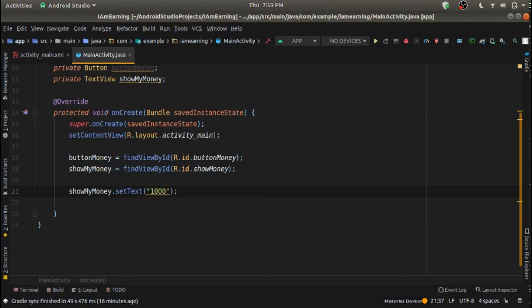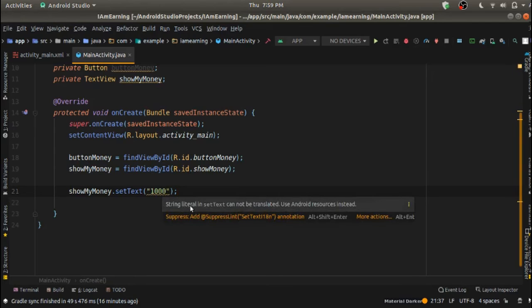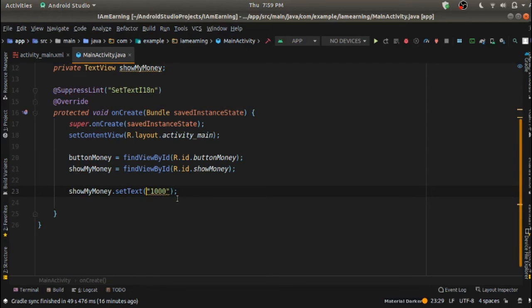Alright, that's enough for right now. If you have a problem, just do what I did: hover over that red line and resolve it. Let Android Studio resolve that. Okay, now you have some text set over there.